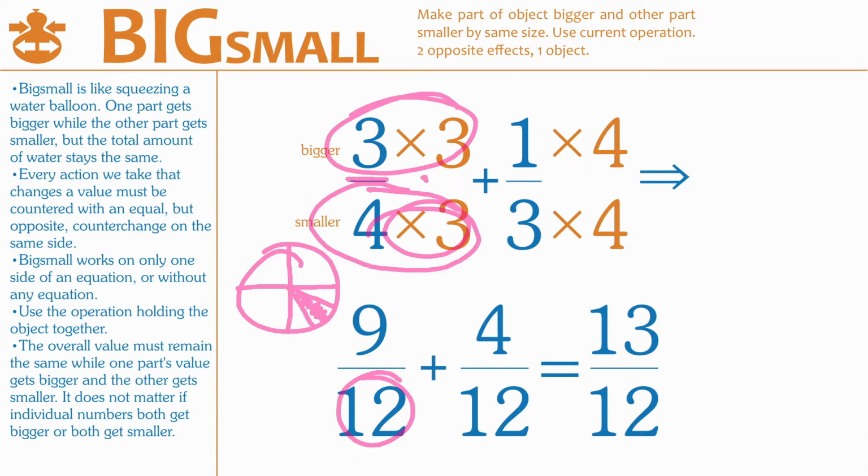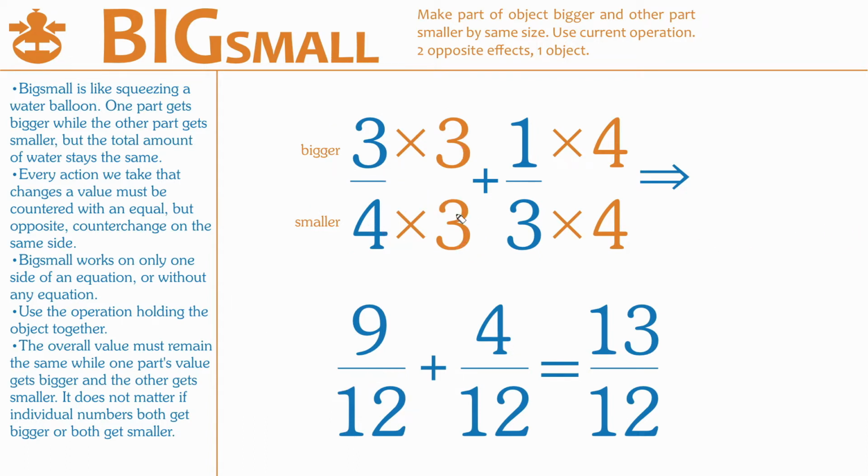Let's clear out our mess. And now look at this. And of course, the thinking is going to be exactly the same. Why do I multiply by 4? Because I'm trying to get to 12. If I multiply by 4 on the bottom, a third